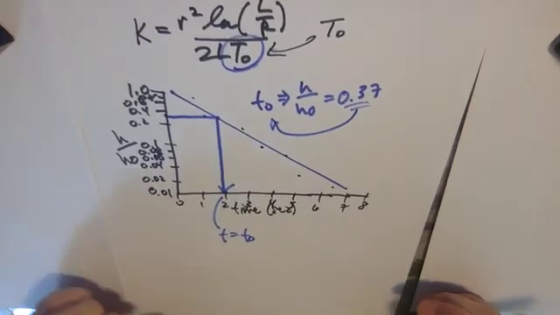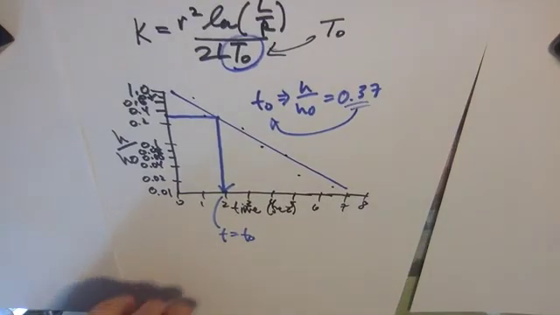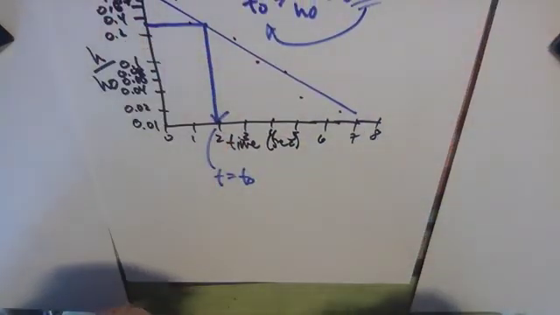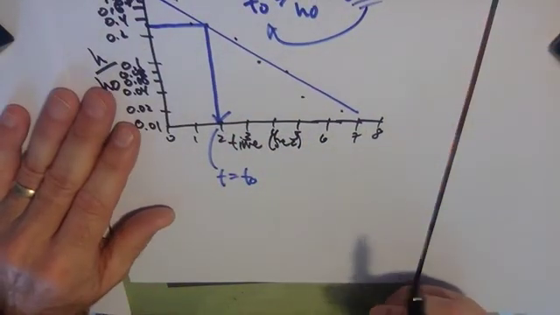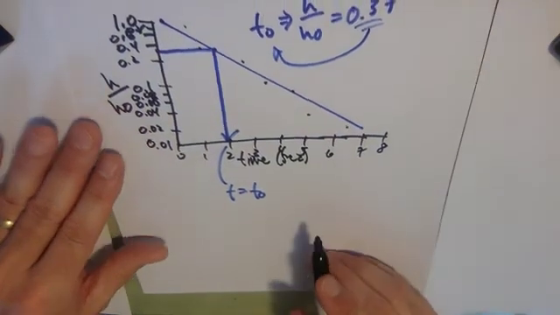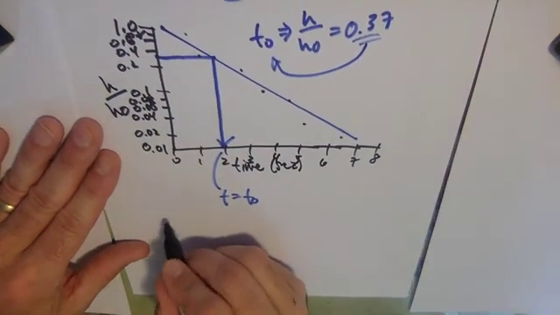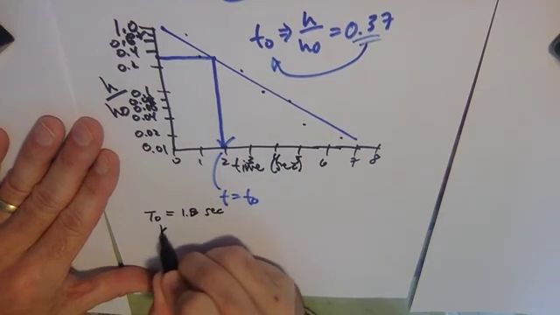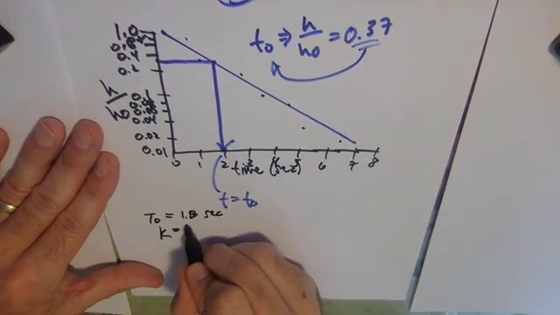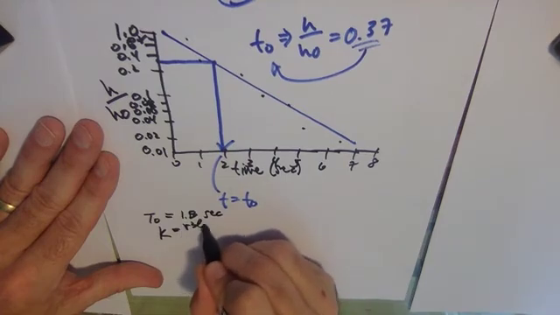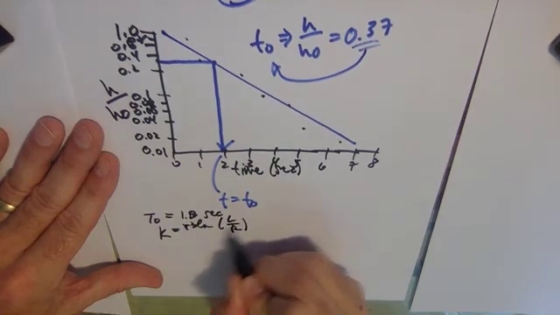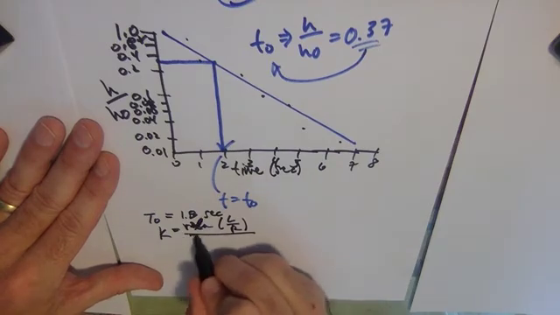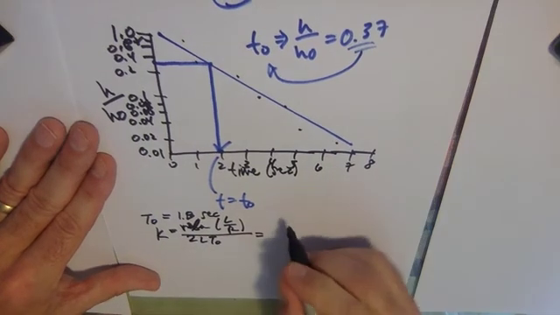So we'll just wrap this up by finishing this exercise. So if T naught in this case was 1.8 seconds, let's say, then to solve for K, remember it's R squared natural log of L over R squared, natural log of L over R, over 2L T naught. So we would have